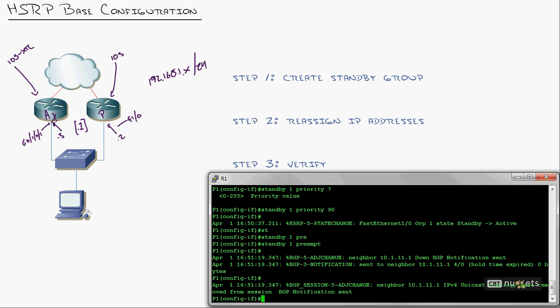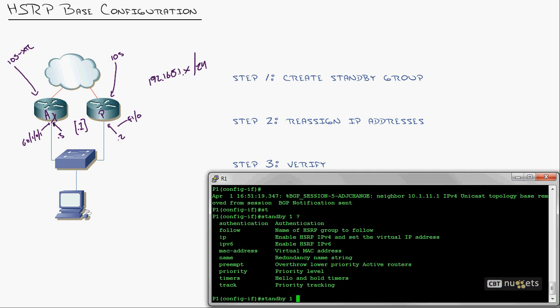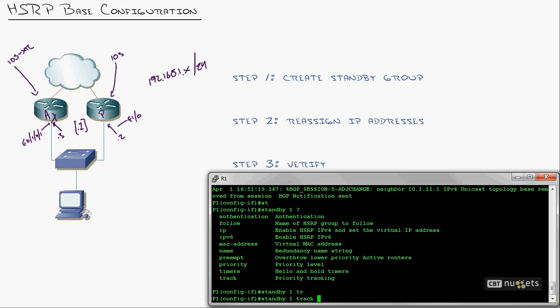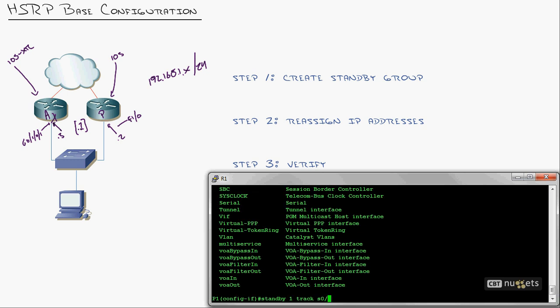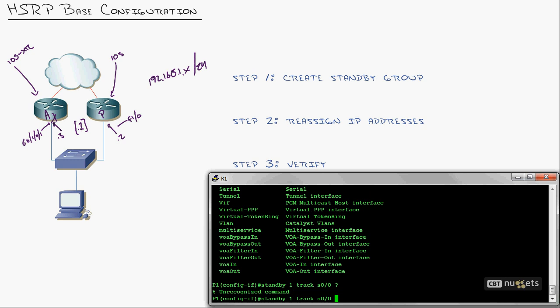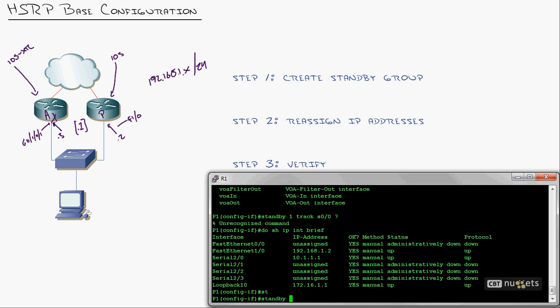So last thing I want to do is that standby 1, and we will do track, and let's just do serial 0. So I'm really just wanting to show you what this command does. Of course I don't identify which interface, right? Hang on, do show IP interface brief. Good. Okay, so let's do standby group 1